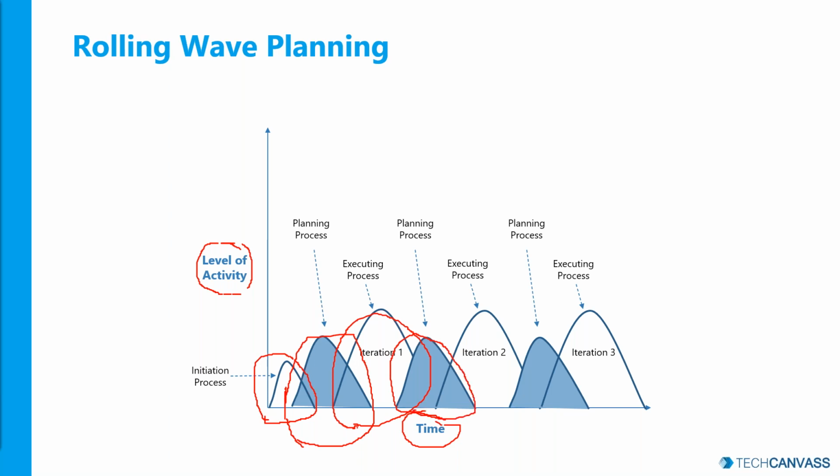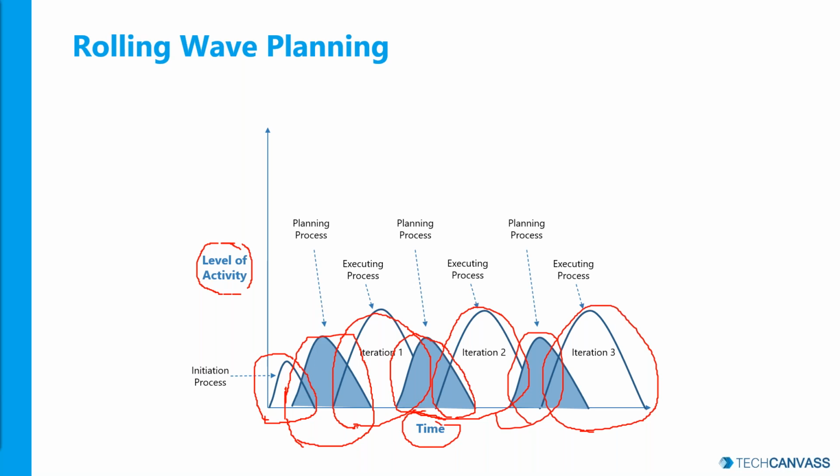Once that is done, you are executing the next subset of scope, and you are repeating this. So you are not planning for the whole. Instead, you are planning for a subset of the overall product that you are delivering, and you are doing this incrementally. This is a different approach in comparison with what we were talking about earlier. This is called rolling wave planning, and it has come from a concept of progressive elaboration. You are elaborating progressively here.